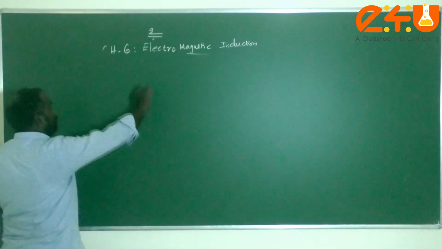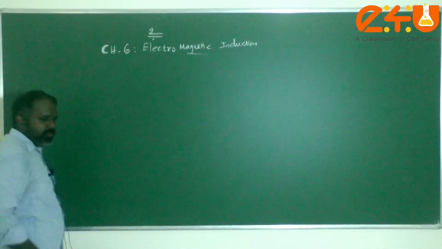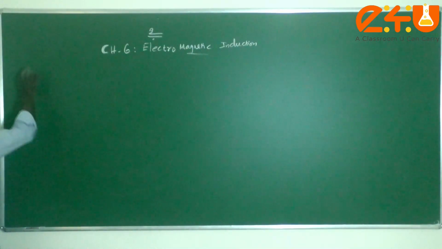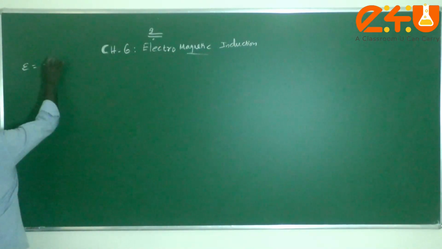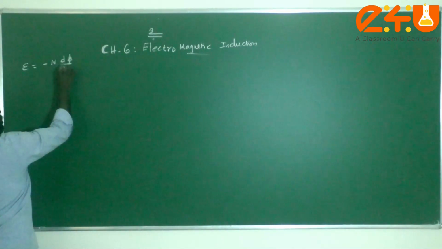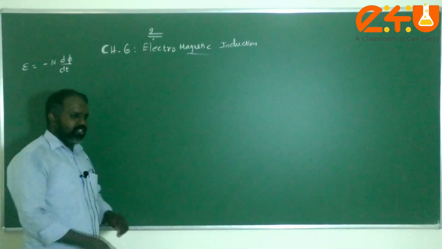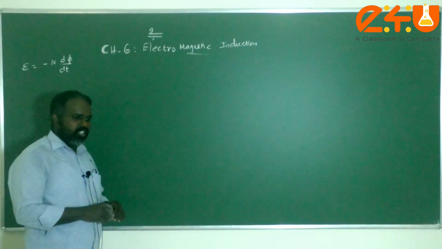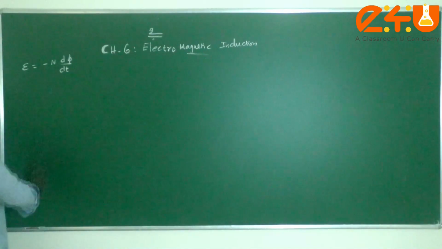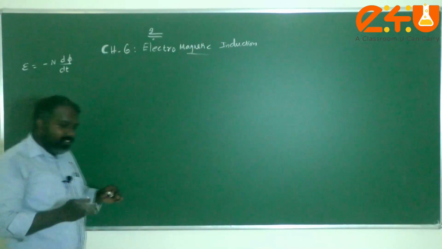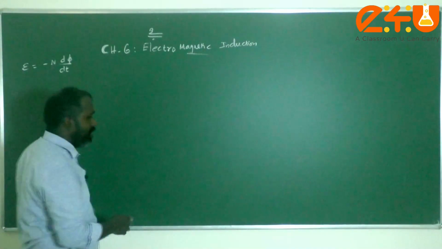As we said earlier, now we are going to continue with another topic in this lesson. Please see that we are getting this expression, induced EMF E is equal to minus N into dΦ by dt, or ΔΦ by Δt, if there are N number of turns, where E is called induced EMF or voltage. And suppose the circuit is a closed one, then what will happen? There will be a flow of current in the circuit. That's why that current is called induced current.